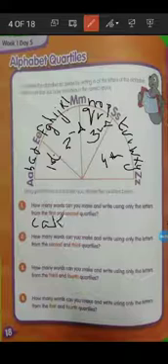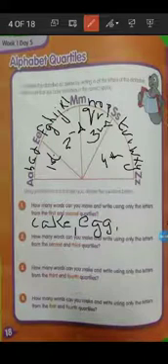So the first combination I am going to make is cake. Students, as you can see, C is here, A is here, K is here and E is also here. So we will write cake here. The second is egg. E double G. All 3 alphabets are present in the first and second quadrille. The third one is ham. H A M. Ham is also present in the first and second quadrille. We can see H is here, A is here and M is here.